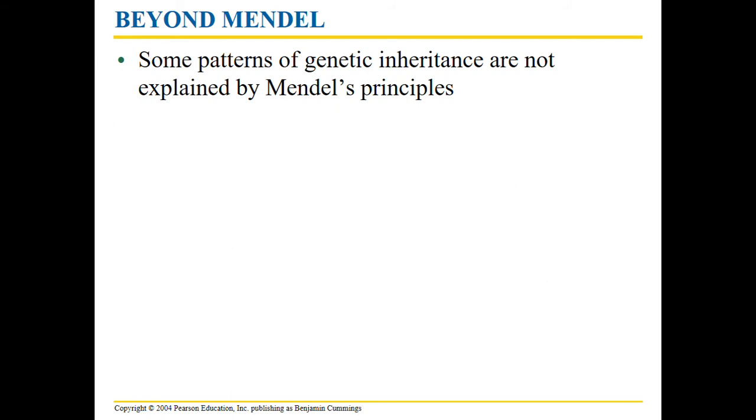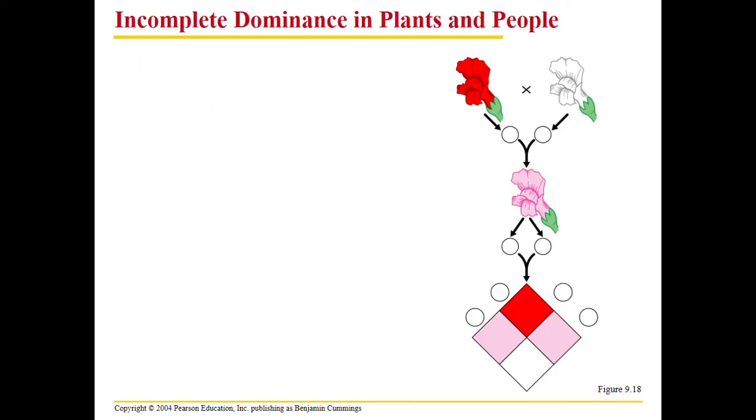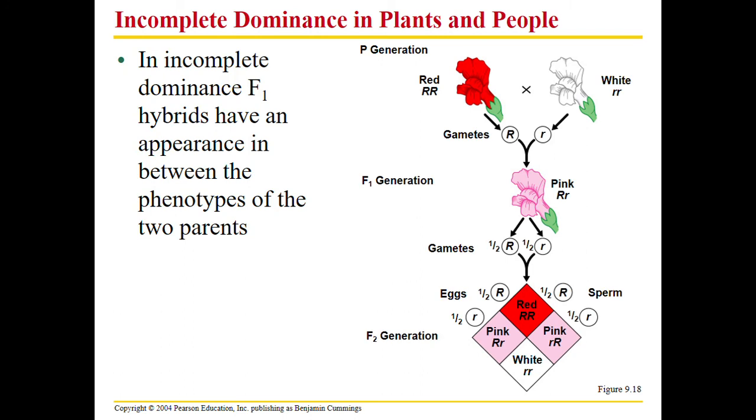Some patterns, though, are not explained by Mendel's principles. I mentioned this a little bit with the pink flowers. Remember I called it incomplete dominance? We don't have the dominant masking the recessive. Instead, when we have heterozygous hybrids, they're pink. We can also have codominance where we see both, but we'll look at that with blood cells. So with incomplete dominance, you take the white flower, you take the red flower, you mix it, you get this pink flower. With codominance,